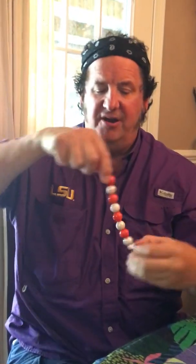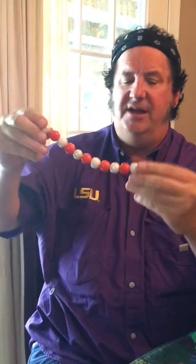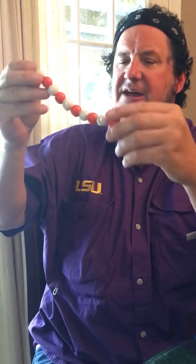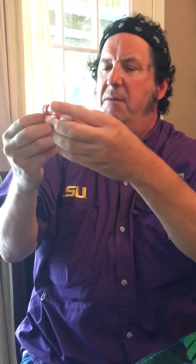The finished product comes out with a UT orange and white bracelet, and I've alternated it other than here at the end, so this will go around my mom's